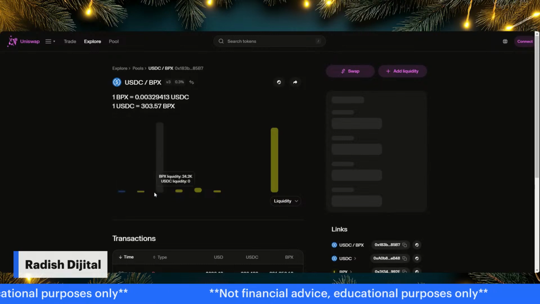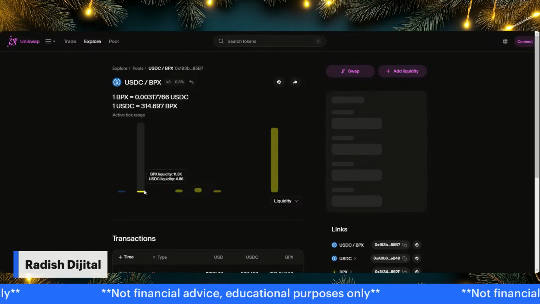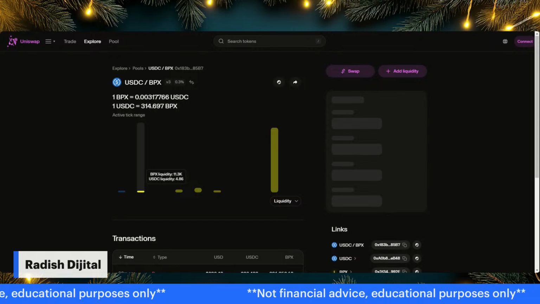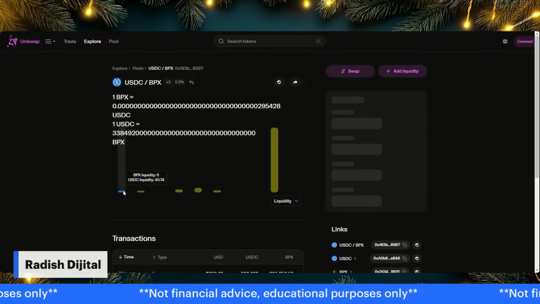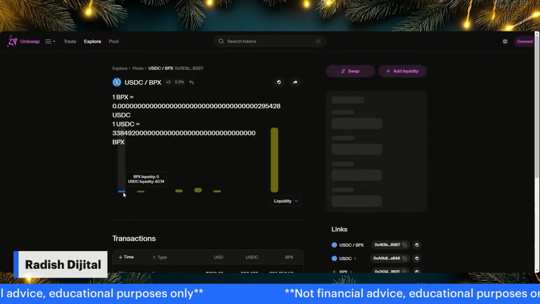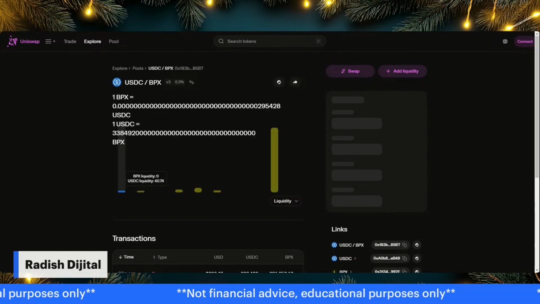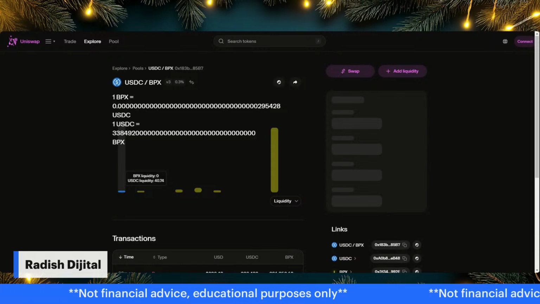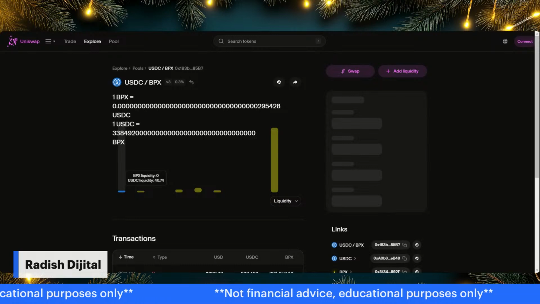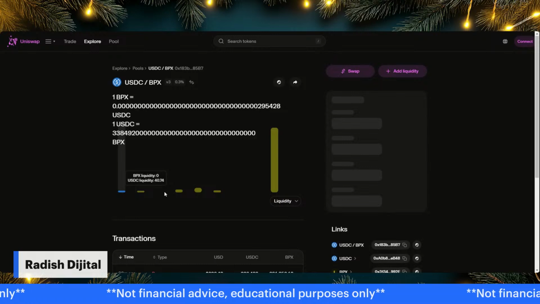So maybe it's some kind of accounting fee thing that's left over, like from your position or something, where just the USDC gathers for some reason. By the way, why is this blue? All the yellow seems to be positions. What's the blue mean? Do you know that? I don't know, but it looks like someone is willing to pay $40.74 worth of liquidity for BPX at 0. So probably a catch-all that someone put in.